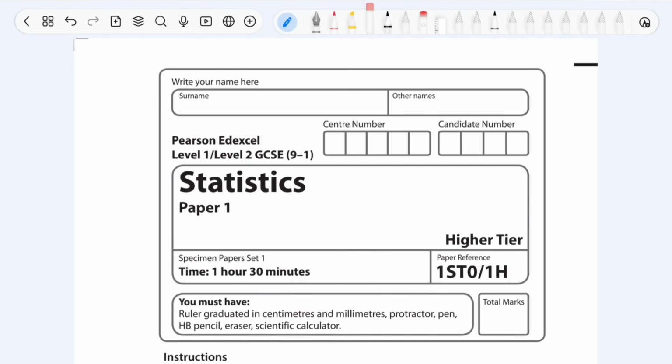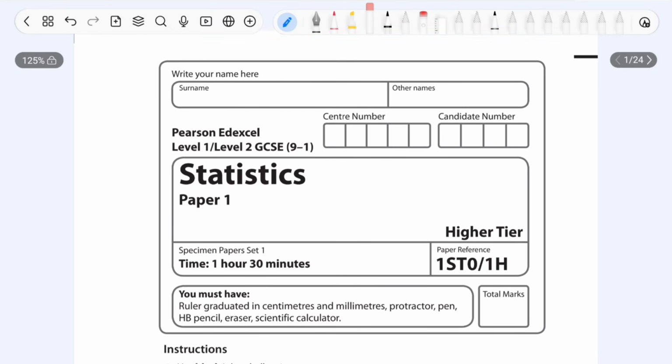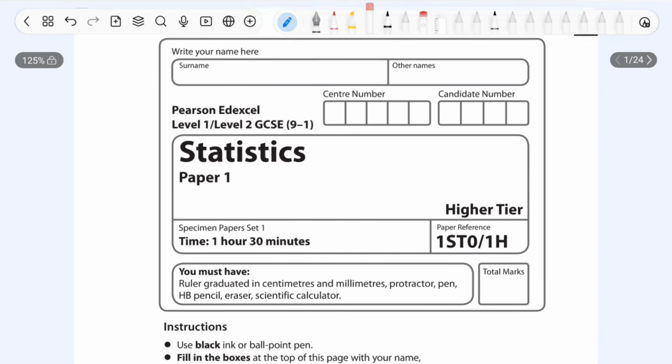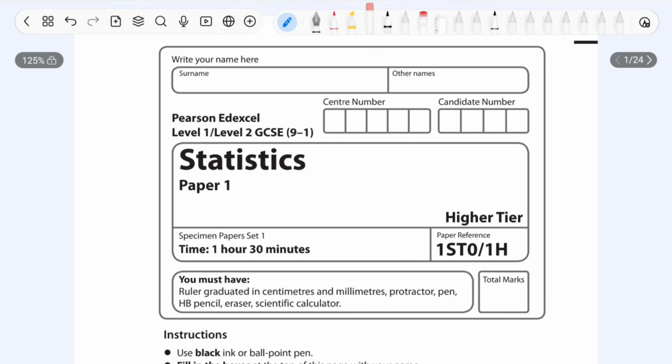So normally I do a different style of video. I usually present it to you in a much more edited and focused way, but I'm going to try something different, and I'm going to try and do a past paper. This is the Specimen past paper for statistics, the GCSE statistics course for Edexcel. It's the higher paper 1, and I'm basically just going to try and answer it